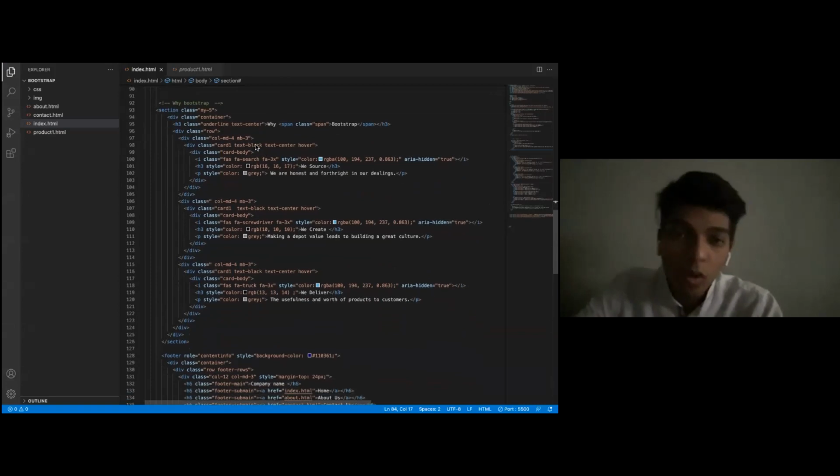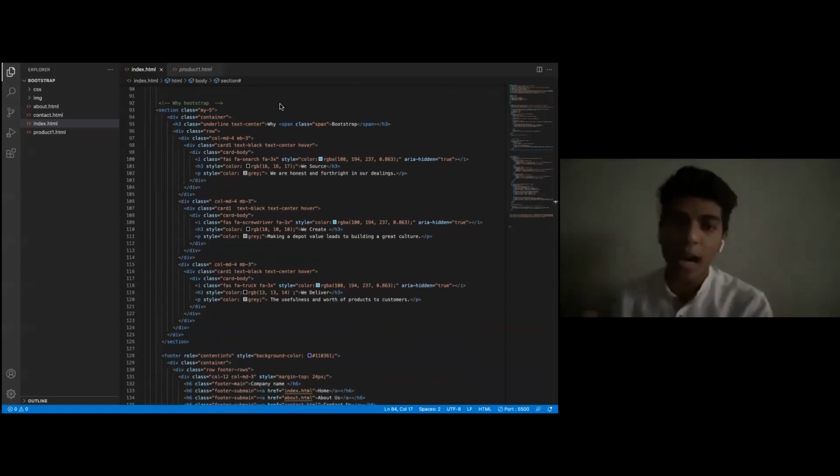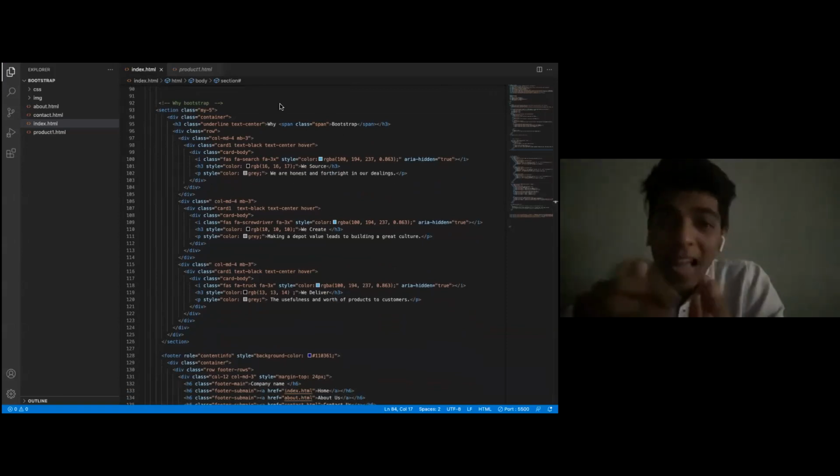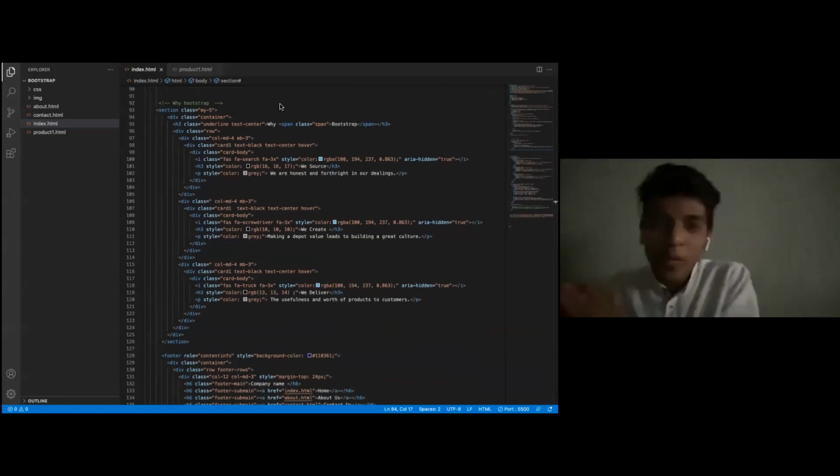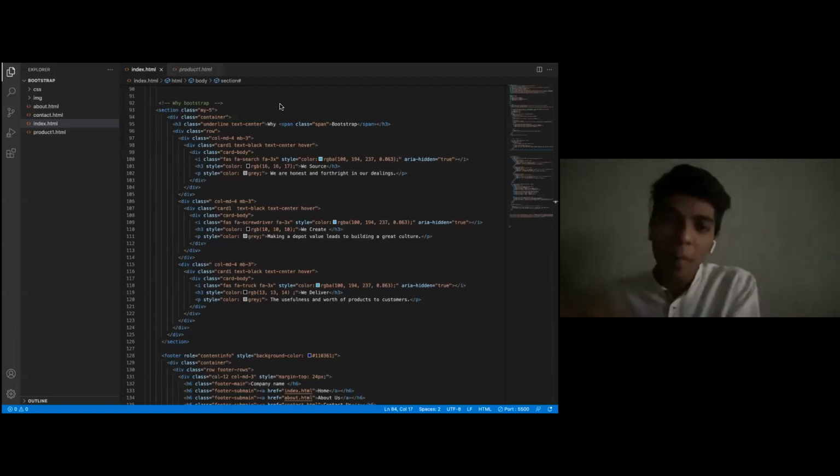Okay, good. So now I have used a second property of Bootstrap, that is cards. We'll be again inspecting the website and we'll get to know what a card is all about. As you can see, I have used the grid system here also. When you are building something with Bootstrap, the grid system must be used. We use the grid system so that we can have particular spacing. We can have the padding and margin by default from the Bootstrap libraries.